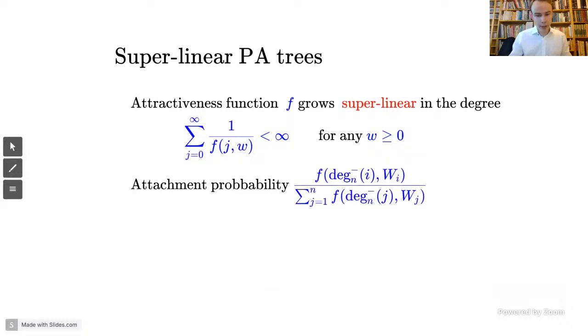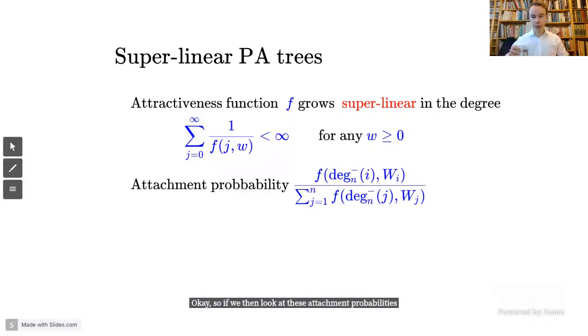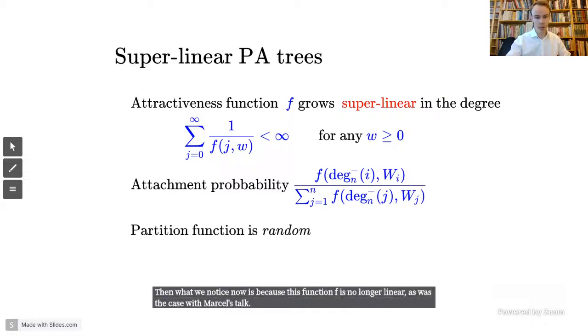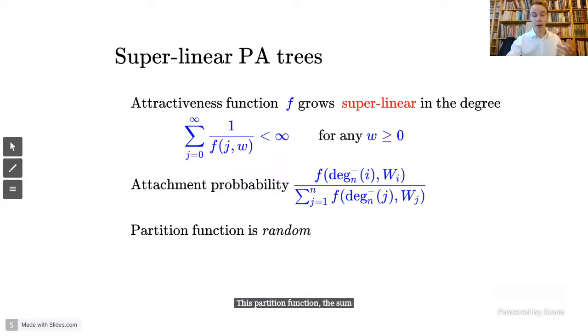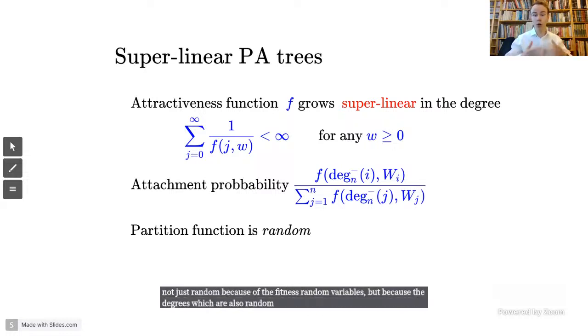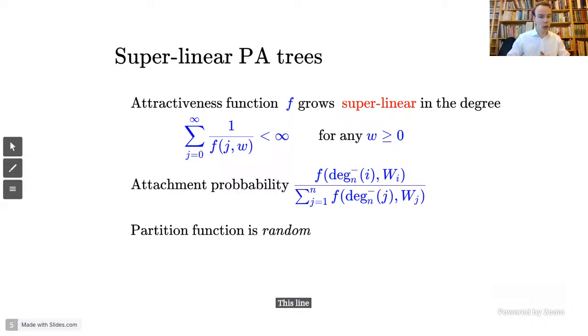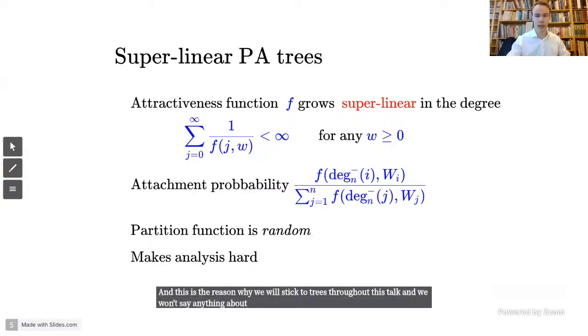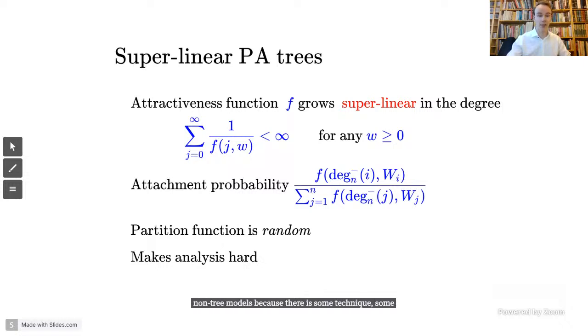Okay, so if we then look at these attachment probabilities to connect to some vertex i when you already have a tree of size n, then what we notice now is that because this function f is no longer linear, as was the case with Marcel's talk, this partition function, the sum at the denominator, is going to be random. Not just random because of the fitness random variables, but because the degrees, which are also random in this tree, no longer sum to something that is actually deterministic. And this is the reason why this linear case is fairly well understood, but in many other cases there's not as much understanding, because the randomness of this partition function makes the analysis much harder. And this is the reason why we will stick to trees throughout this talk, and we won't say anything about non-tree models, because there is some technique, some way, something that saves us,